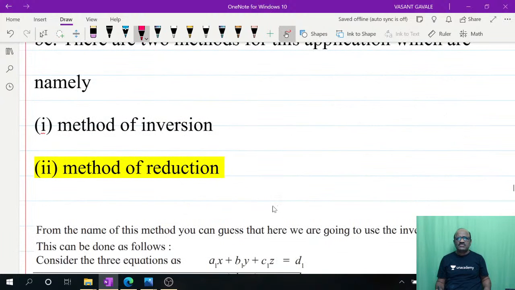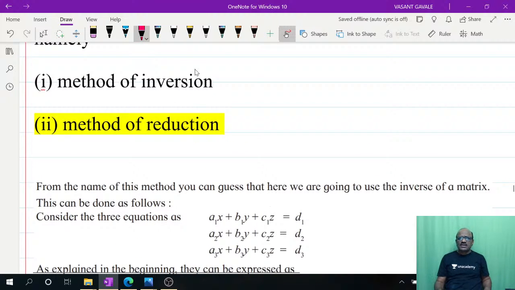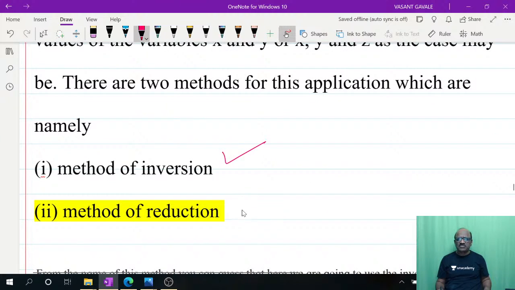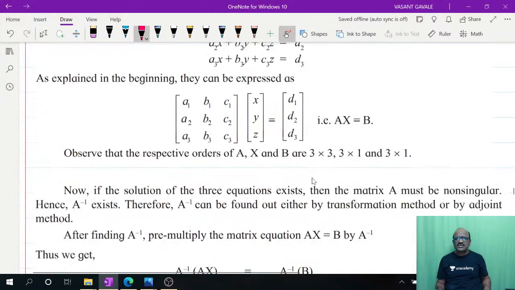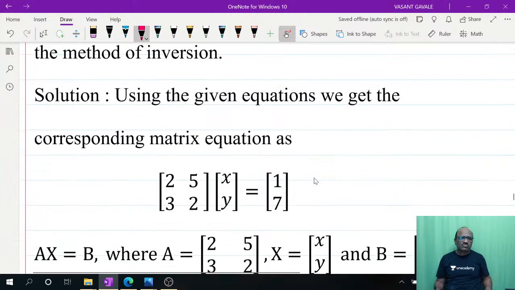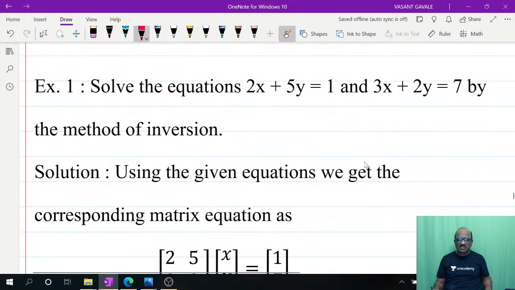Okay, now see this here. Find out the solution of that equation by using only the inversion method, and we are not using this method for this year only. Okay, now we'll see the examples that are asked in the board examination. We are going to see the questions that have been asked in the board examination. In this, solve the equation 2x plus 5y is equal to 1.